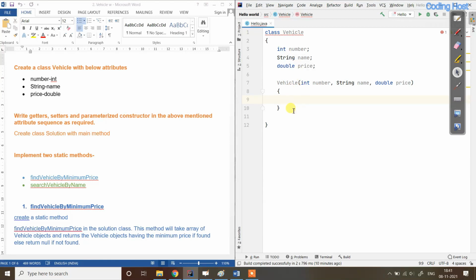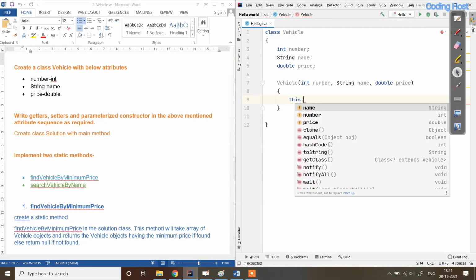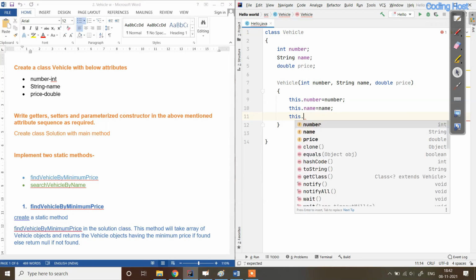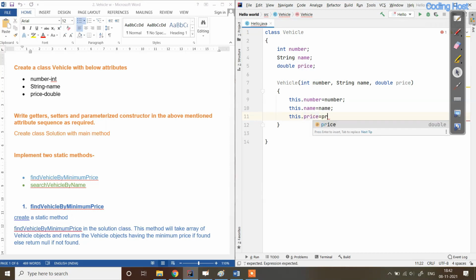So I will use the this keyword: this.number = number. This.number is the instance variable, and the other number is the parameter, so we take the value of the parameter and store it in the variable. The same for name and price: this.name = name, and this.price = price. So our parameterized constructor is ready.